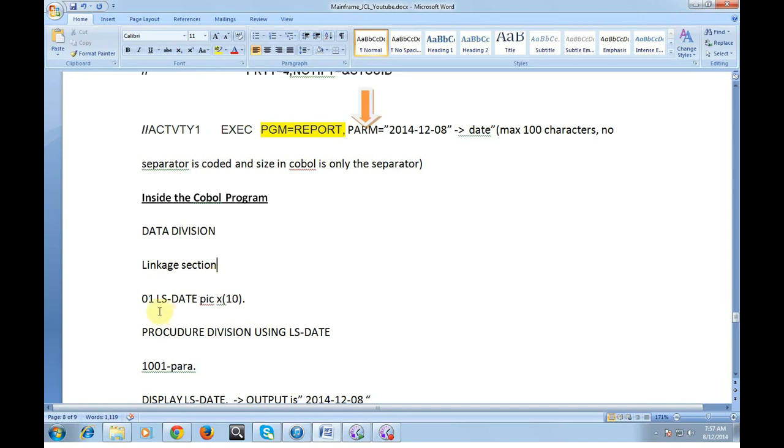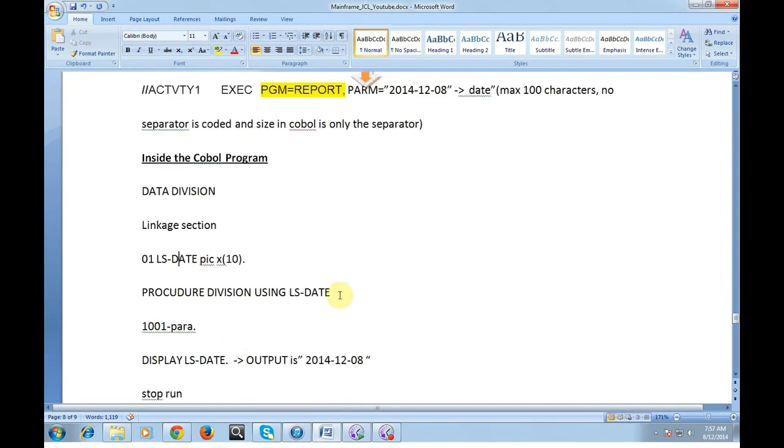In the linkage section, I am declaring a variable called LS-DATE PIC X(10), so that these values can be accepted and passed to this linkage section. PROCEDURE DIVISION USING LS-DATE. This is mandatory, otherwise your COBOL program throws an error.